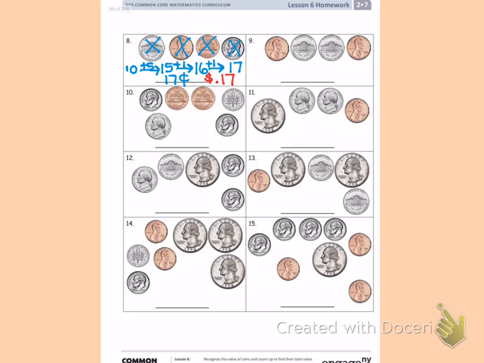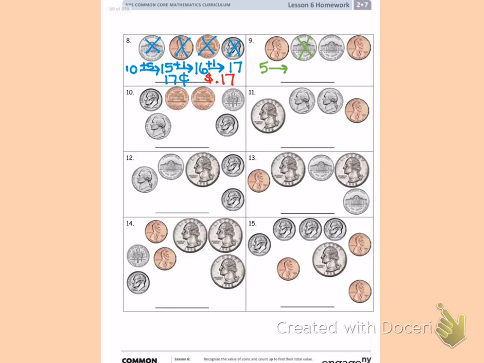Again, I'll look for the coin that is worth the most. I see there is a nickel, so I'll write down 5 cents because a nickel is worth 5 cents. I'll just write 5. I don't need to put the cent sign till the end. Once I write down the 5, I'll cross it out since I know that I used it. I'll do the arrow way again,